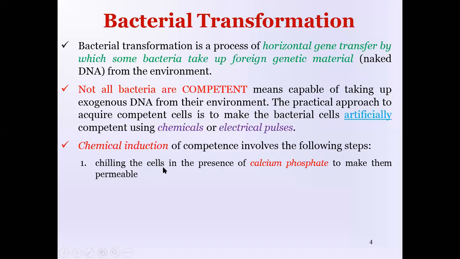First, सबसे पहले the cells should be chilled in the presence of calcium phosphate to make them permeable. तो calcium phosphate जो है, वो cell wall के साथ bond बनाएंगे, and the chilling effect, and these two will be making the walls of the bacteria permeable. So और उसके बाद हमने क्या करना, सबसे पहले चिलिंग टेम्परेचर पे रखना है विद कैल्शियम फॉस्फेट,